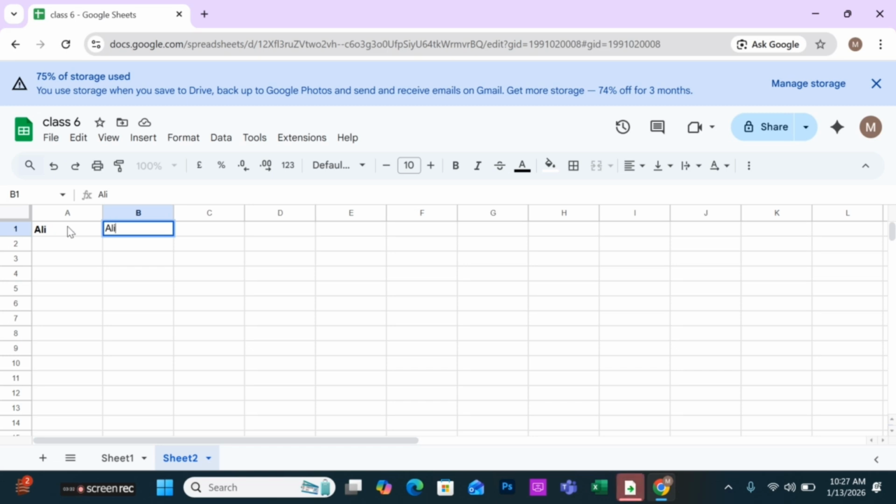Okay, now we want to make it italic. We can press Control plus I or simply click on this option. Now look here, this is slightly tilted, which shows that this text is italic. And after that, if we want to see the strikethrough option, it is Alt plus Shift